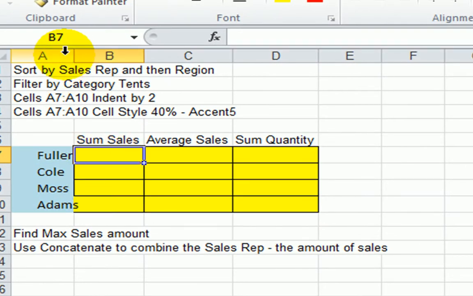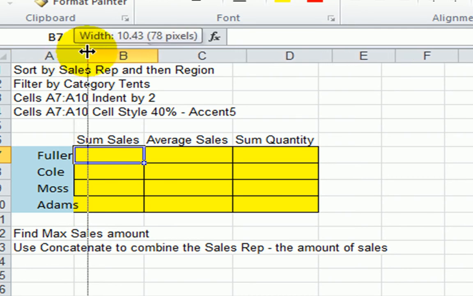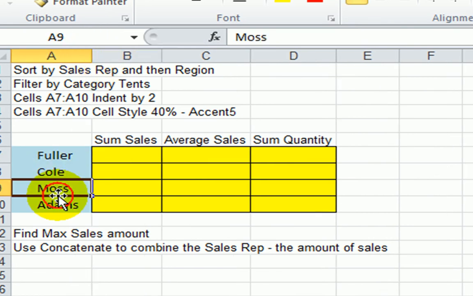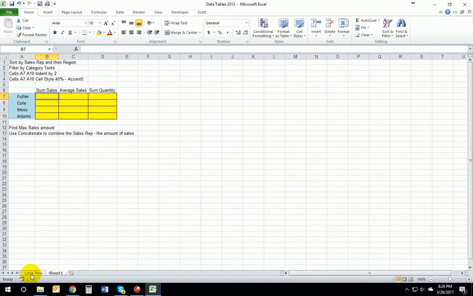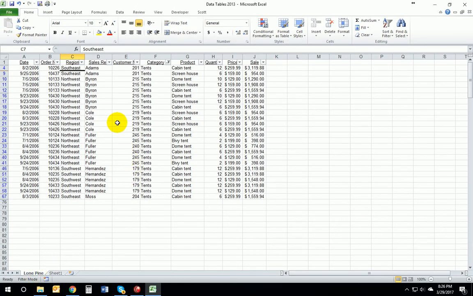Now, the next few items, and I'm going to resize column A at this point. I'm just going to drag it so that it is a width of 11 points here. And what we want to do is we want to do these calculations, okay? They're not specifically instructed. I want to sum the sales for Fuller, okay? So let's go over to Lone Pine and let's find the sales